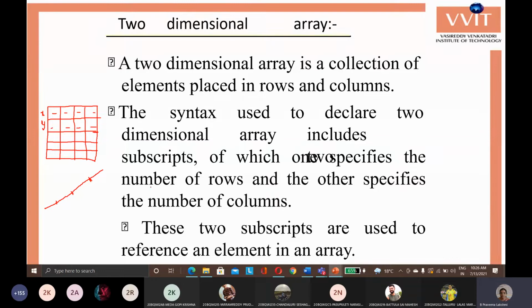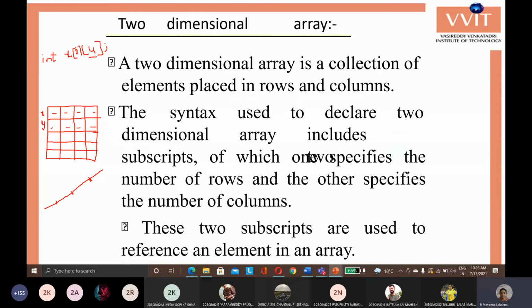The syntax generally used for the two-dimensional array is similar to the one-dimensional array because here also it requires the data type. First we give the required data type, then we specify the name of the array, say for example x. Then, based on the requirement, you can specify the number of rows and number of columns, say for example 2 and 4. Then it creates a two-dimensional array with 2 rows and 4 columns. That is 2 rows, each row has 4 columns, that is nothing but 4 elements.